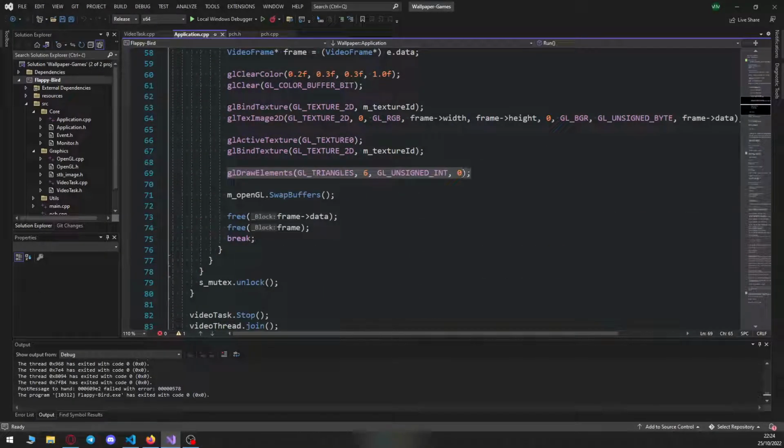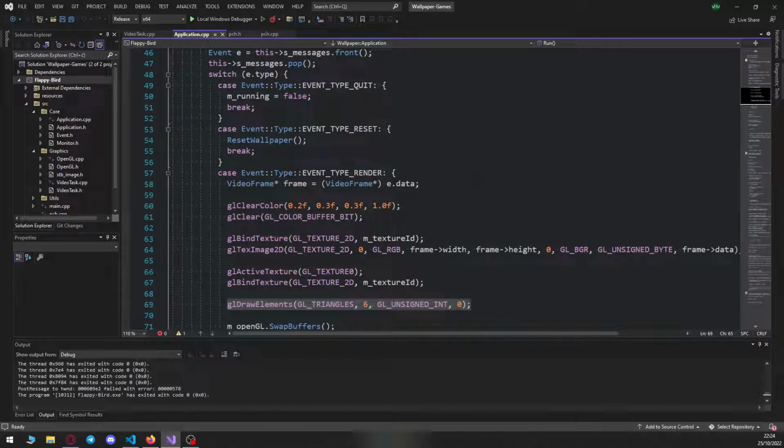I don't know if you have to clear color, but it's just what happens between the images, I guess to reset the image. And why we swap buffers is because